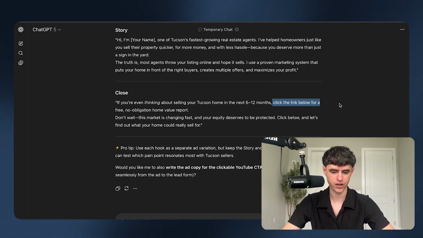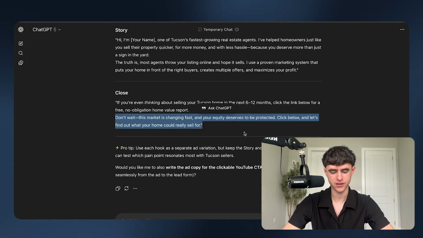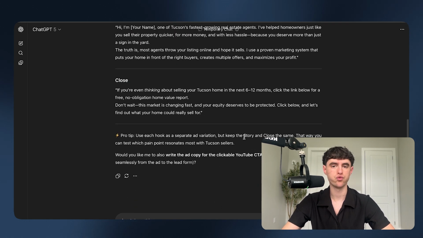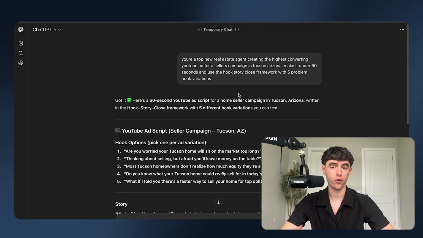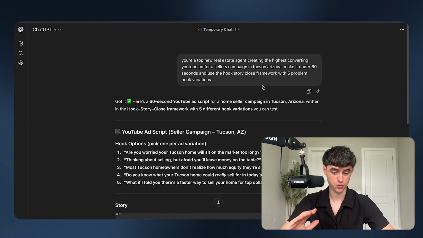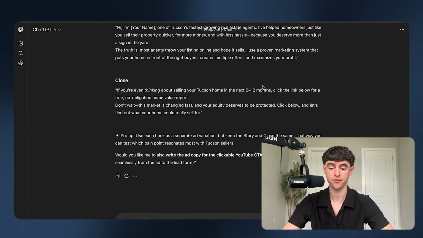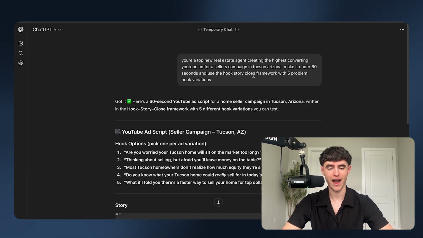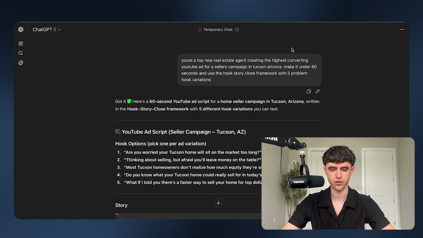Basically, it has a call to action as well for a home value report and basically adding urgency, etc. And it's really good for basic generic ads for new and upcoming agents. This can work extremely well, like I said, for testing and variation. So, you can even copy this prompt and use it for yourself, however you want to do it, but that's